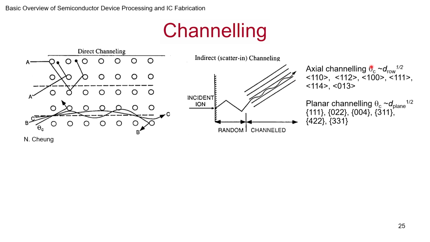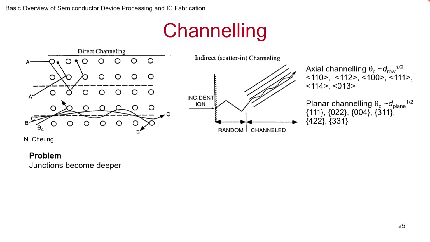And people have analyzed how it is going to channel and what the channeling directions are in our tetrahedral structure, diamond lattice or zinc blende lattice. This is well studied, and you are welcome to look up the details if you are interested. But what is the main problem? The junctions are deeper than what we want.